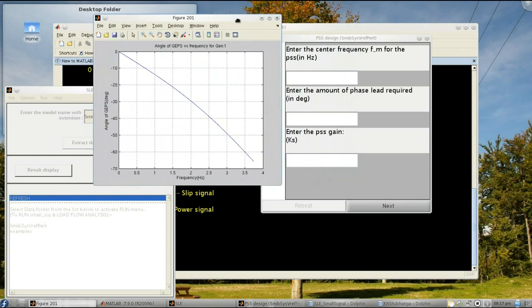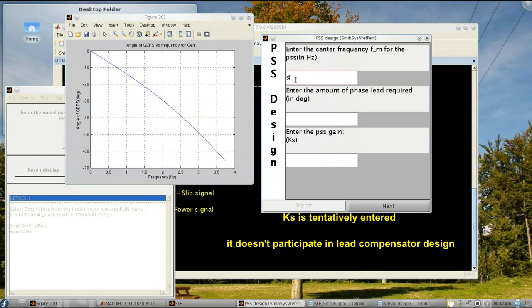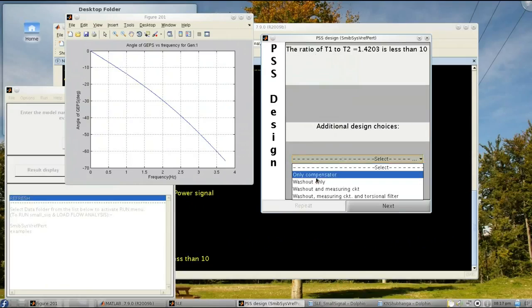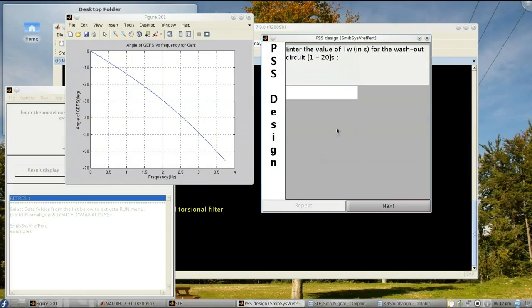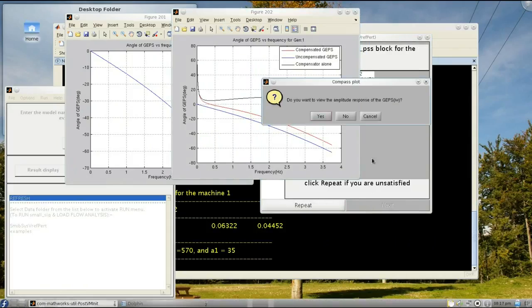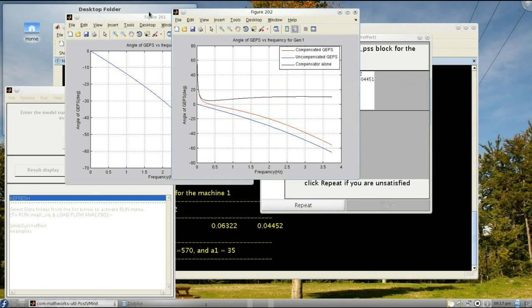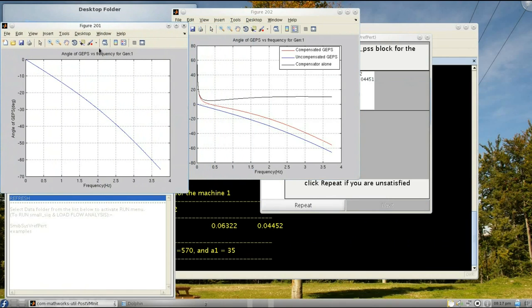Choosing a desired lead angle of 10 degrees at 3 Hz center frequency and then entering a dummy gain of 5 units. Then choosing an additional block of washout circuit and entering the time constant for the same. With confirmation, it displays the GEPS trajectories for both compensated as well as uncompensated ones.